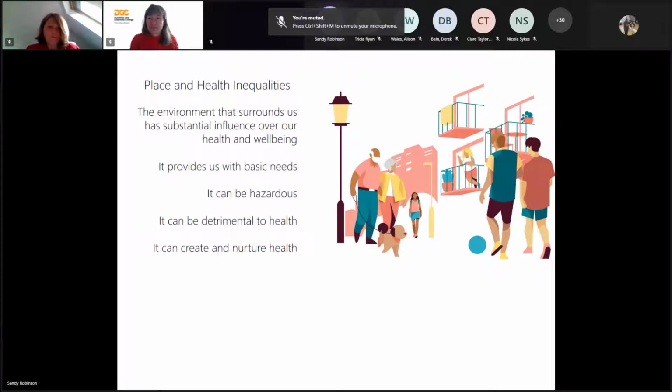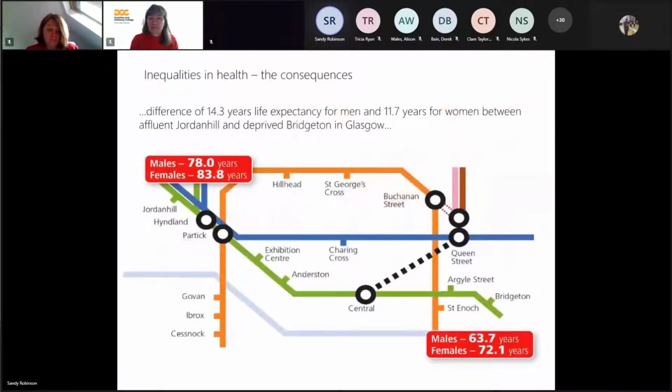So the environment around us, it provides us with our basic needs. It can be hazardous in terms of air quality or traffic, can be detrimental to your health. But the thing we're really interested in is that it can create and nurture health too. So the environment around you can be seen very much as an asset for people. And the consequences of not being focused on these types of inequalities are writ large, I think, across many communities